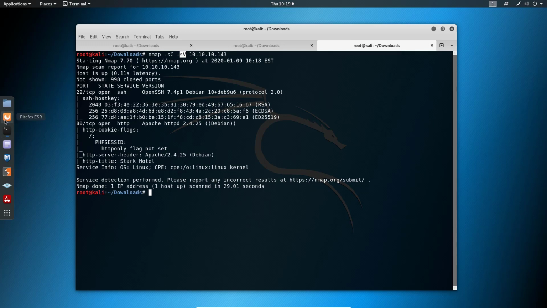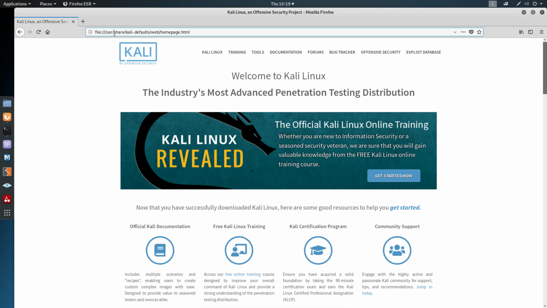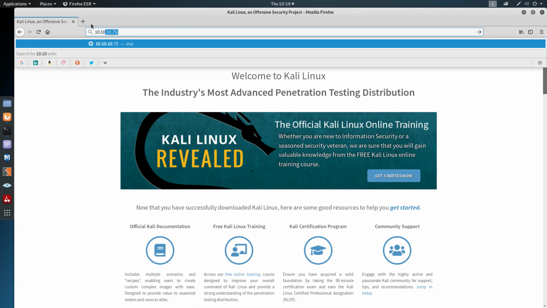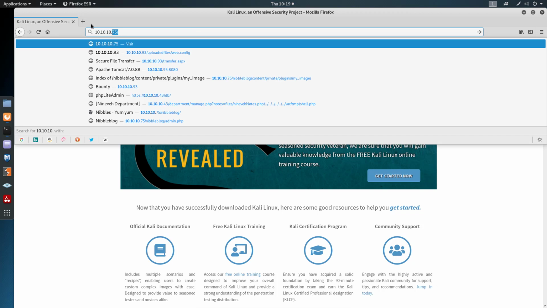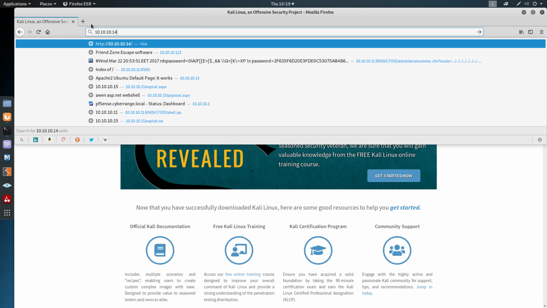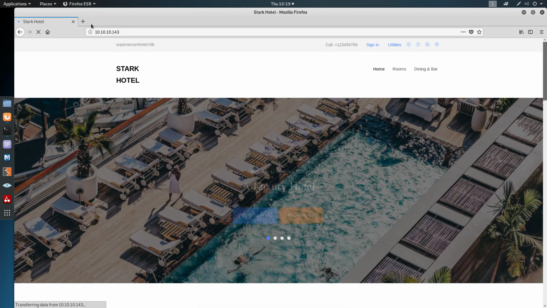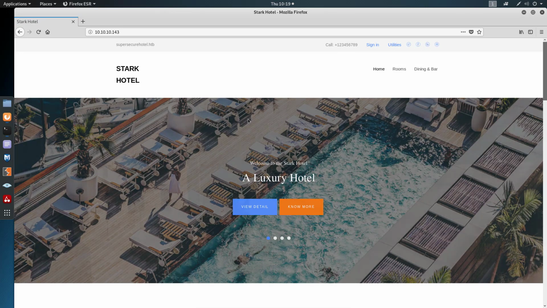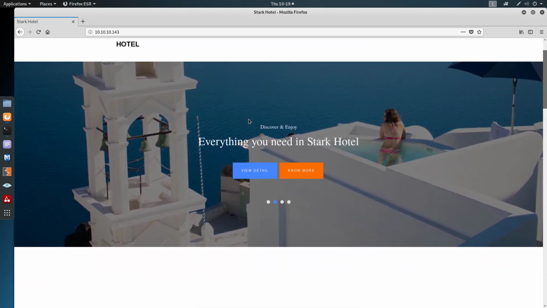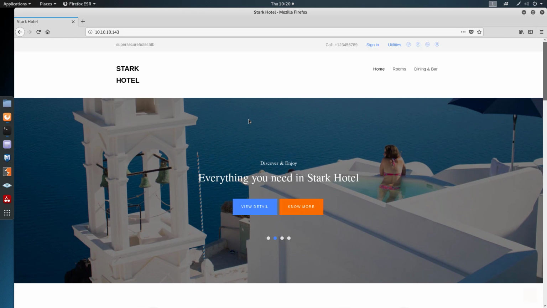Since it's port 80, open Firefox, we should be able to see that website quick. 10.10.10.143. Let's find out what's there, because that's very important. Well, it's an interesting looking Apache website with some pictures. Right away,